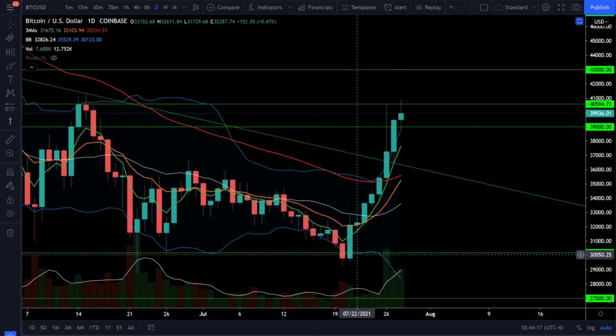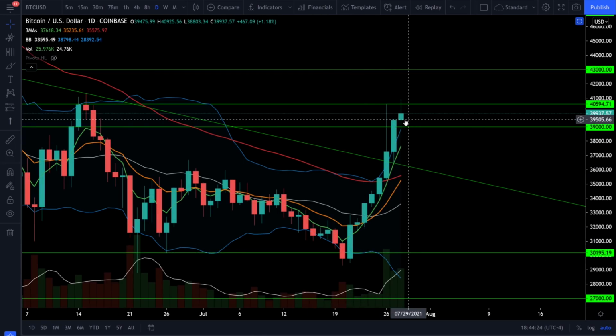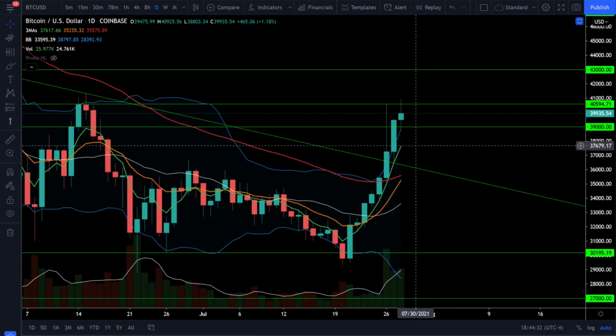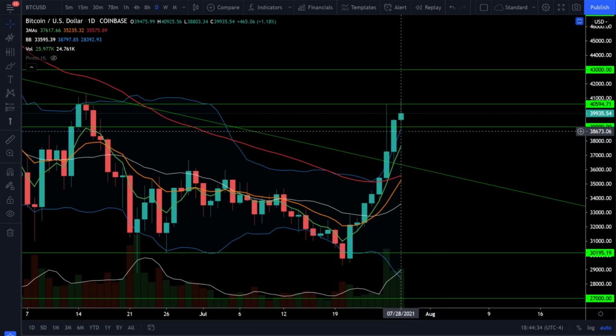And remember, I said you should be accumulating at those levels if you want to be in Bitcoin for the long term. At this point, you're chasing if you're chasing Bitcoin at these levels. So wait for the next pullback and the confirmation that this is the real deal breakout. But right now we're seeing bullish price action on increasing volume,